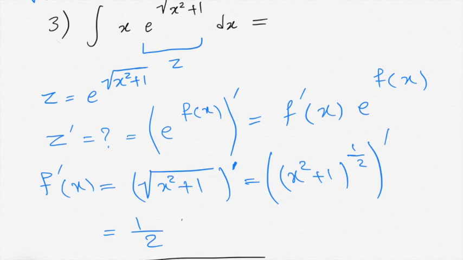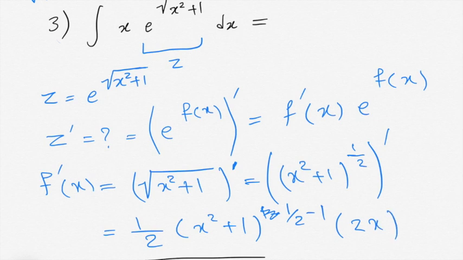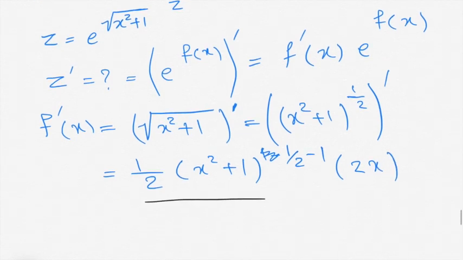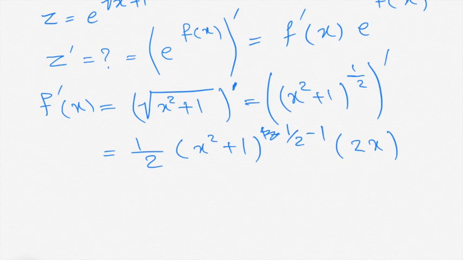These are the basic rules of calculus that probably all of you are familiar with. So you say 1 over half, and you also take the derivative of the inside part. So it's going to be equal to, so you omit these parts, and it's going to be